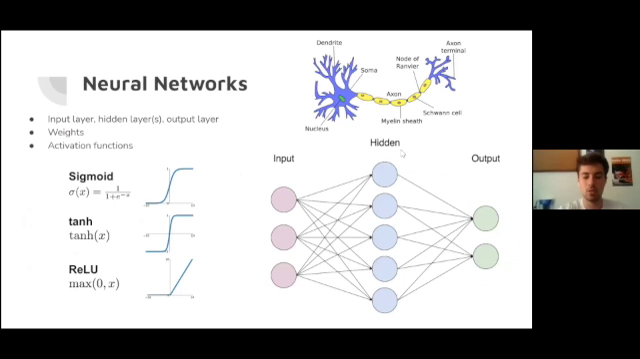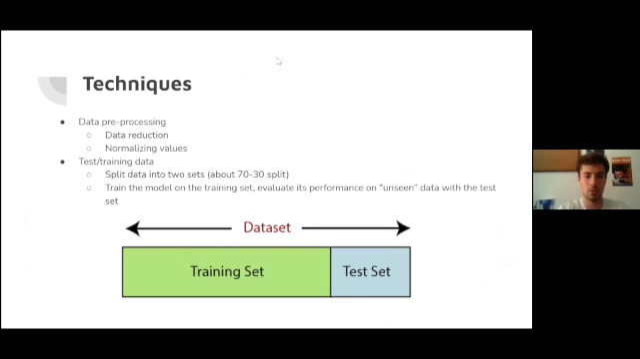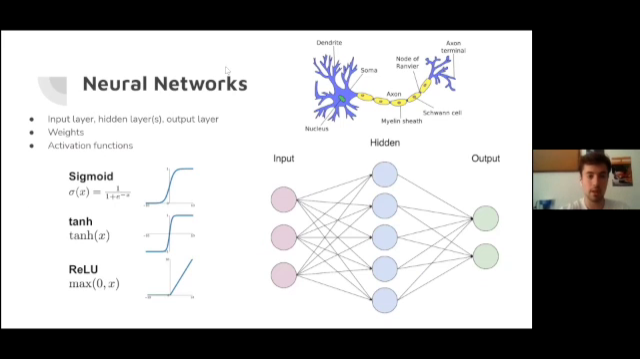So the structure of a machine learning algorithm takes this form, which is called a neural network. As the name implies, it has to do with neurons and networks of neurons in the brain,